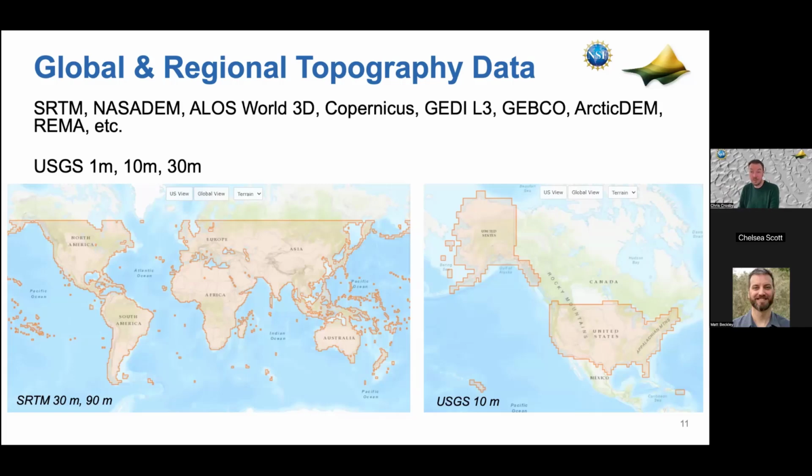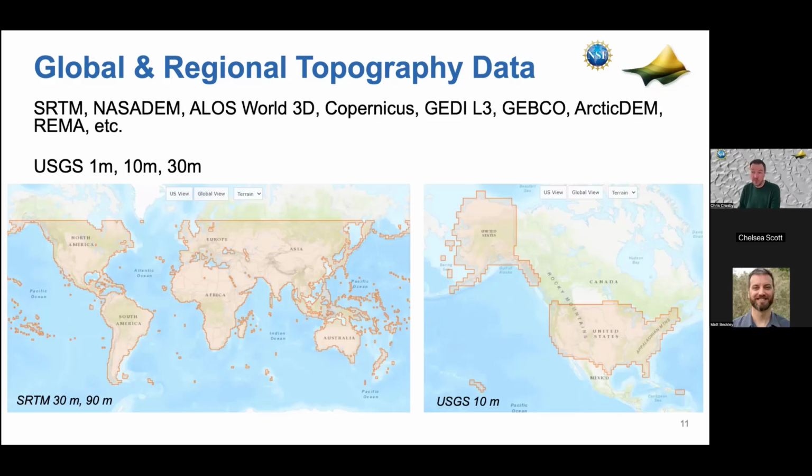You've been around the GIS world for a while. Those are available in 1 meter, 10 meter, and 30 meter resolutions. The USGS publishes those as standard products, a seamless data set. The US 1 meter data does not quite provide coverage of the entire lower 48 because that's based on LiDAR data, and the USGS is not quite done covering the US with LiDAR. 10 meter data covers basically CONUS, Alaska, and territories, and the 30 meter data is all of North America, inclusive of Mexico and Canada. So you can get all of these products from OpenTopography.